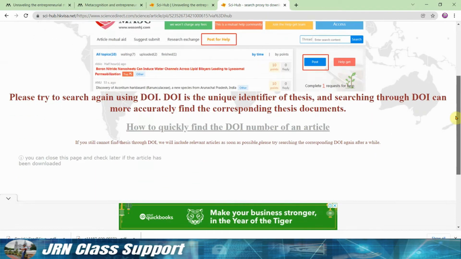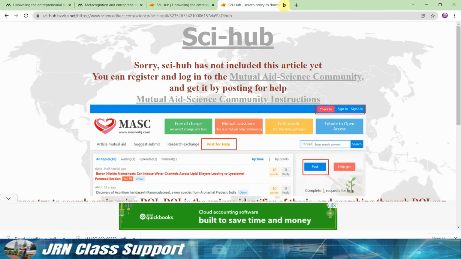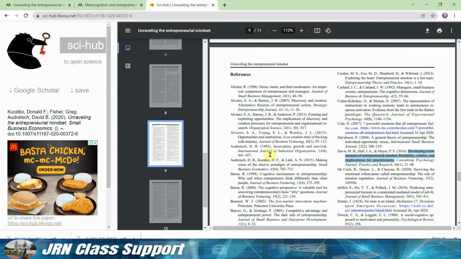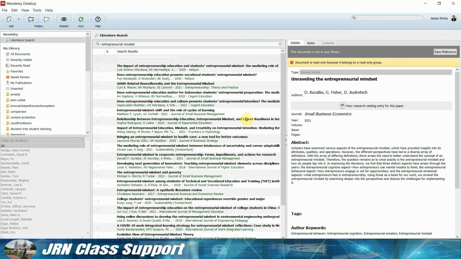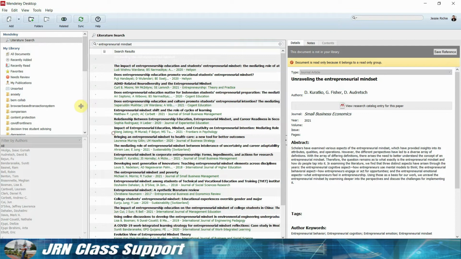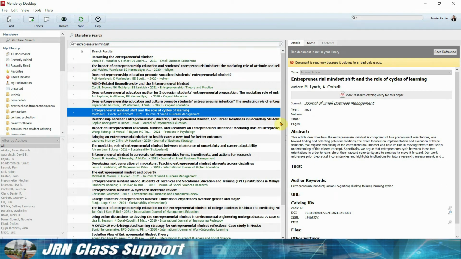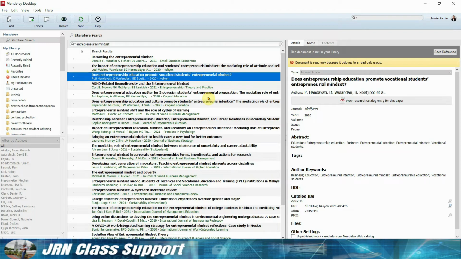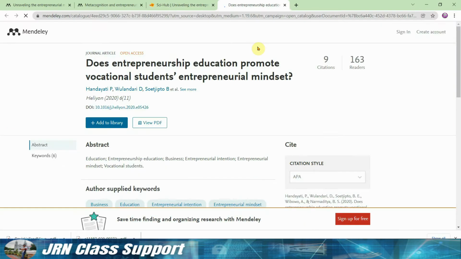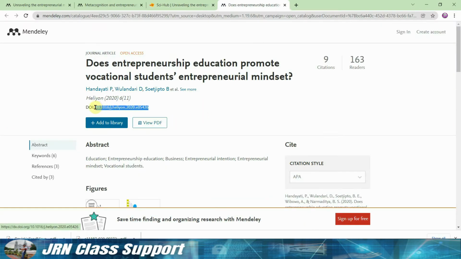Some documents are not yet uploaded to Sci-Hub, and we can check other sources which we can also access. So we go back to Mendeley desktop and check another paper. We just need to click the view research catalog entry. Then copy again the DOI,